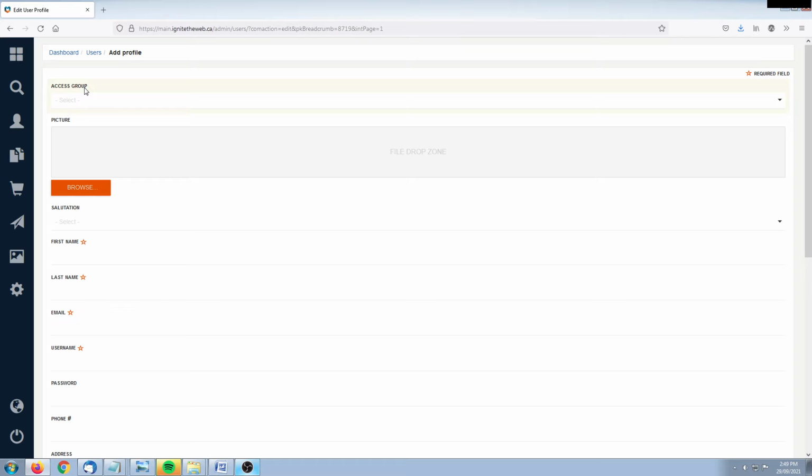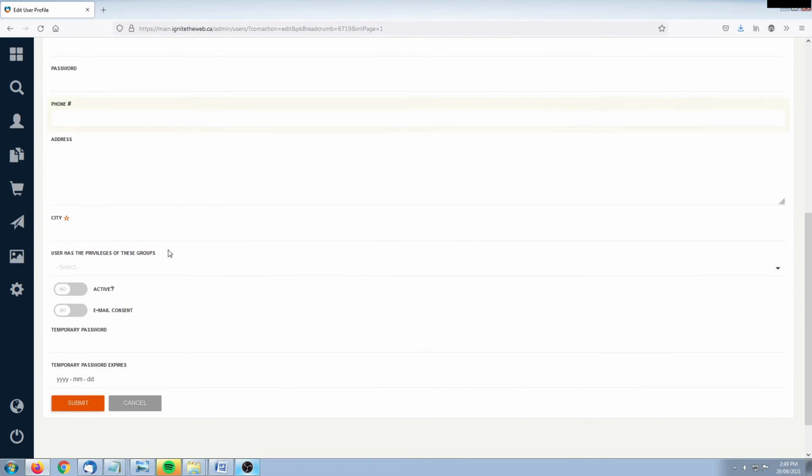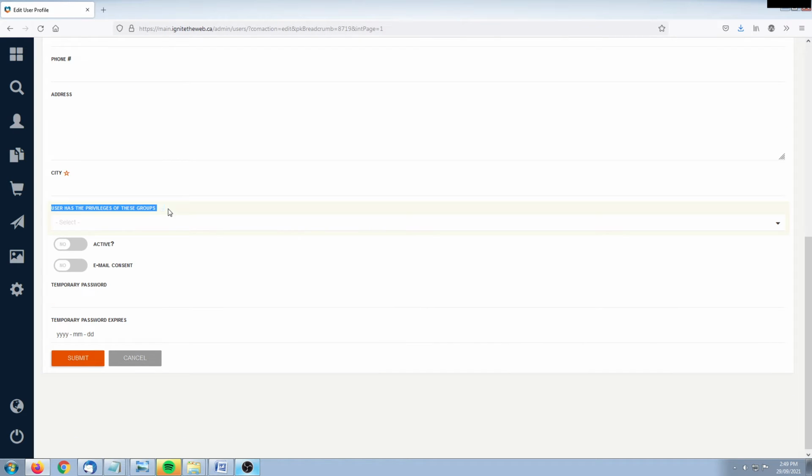This is because no two organizations are the same, and everyone's database is built out for their specific needs, meaning the fields don't exactly have to match up with what you might see on your screen. However, there are a couple of fields which are core fields, and those I will clearly describe for you now. The core fields are the access group, the user has the privileges of these groups, the active flag, and the temporary password and temporary expiry